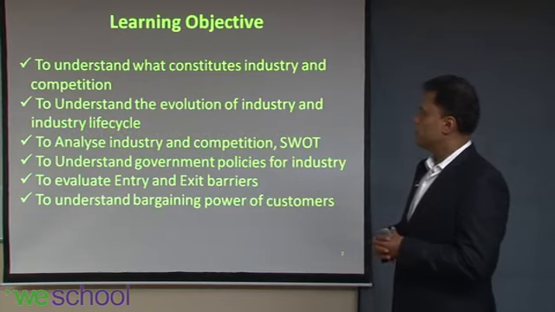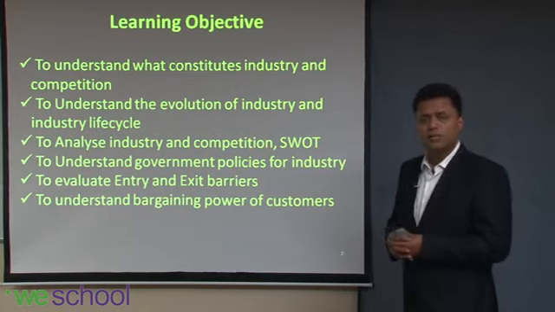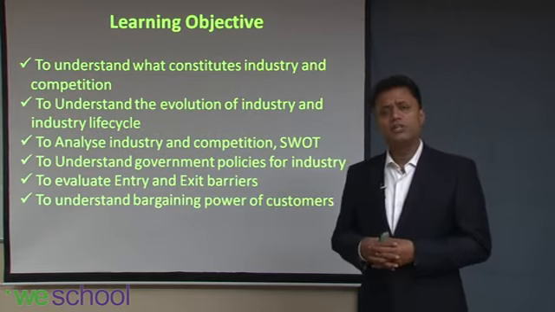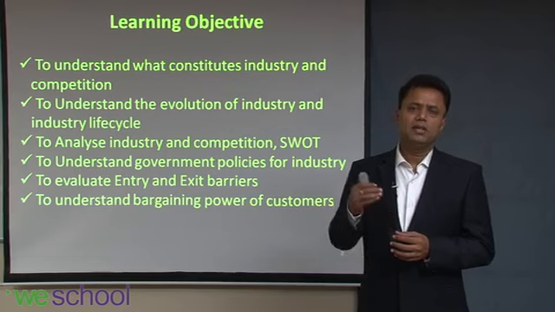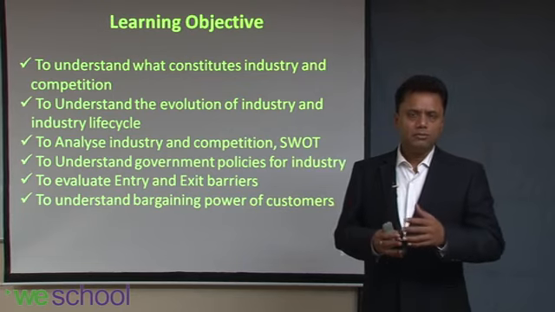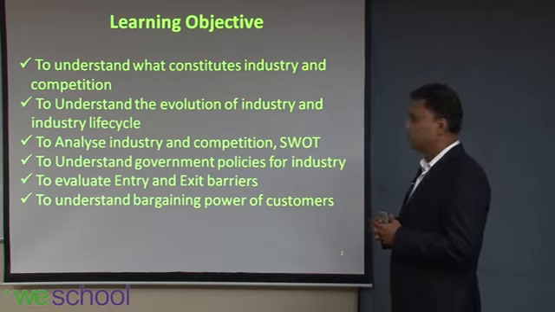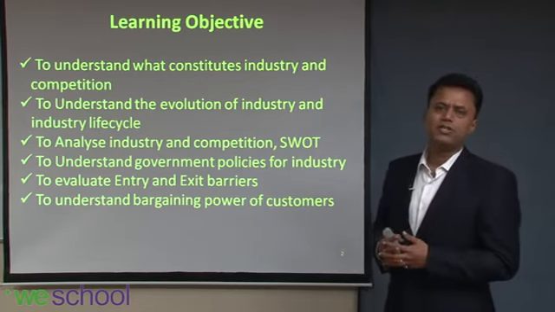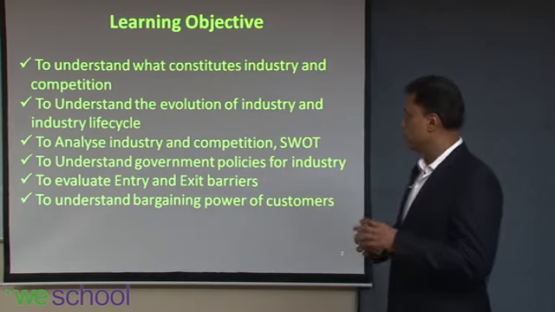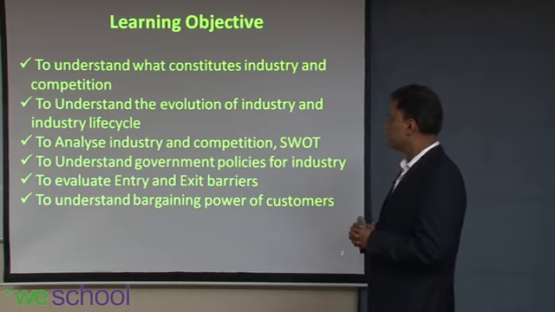The learning objective of this chapter is basically to understand what constitutes industry and competition. What is your industry? How do you define your industry? How does it evolve? And what is the role of a company in an industry? And how do you take a leadership position in your industry? And also, how do you compare yourself with the competition? How do you beat the competition? How do you create a unique position for yourself in your industry? So it is very important to understand the evolution of industry and the industry life cycle,